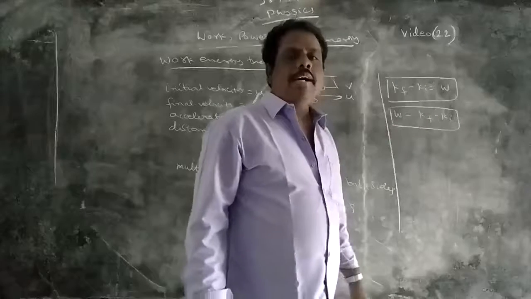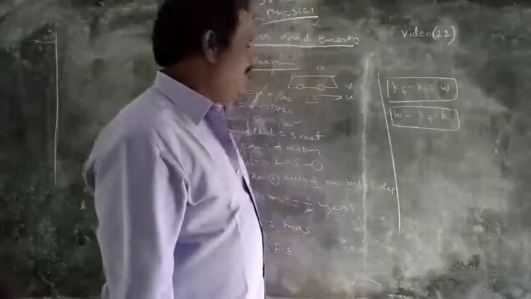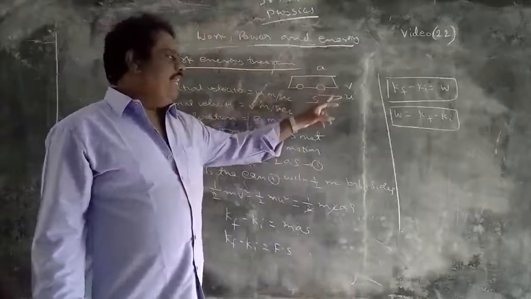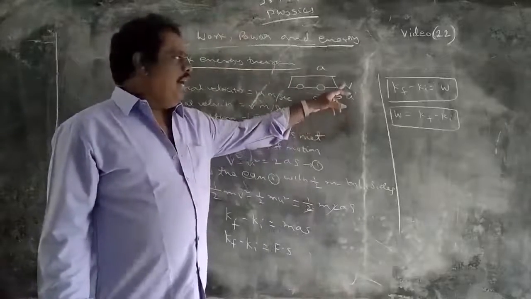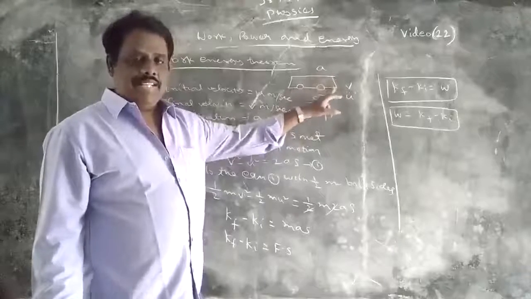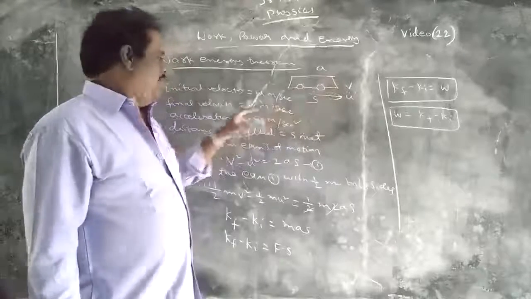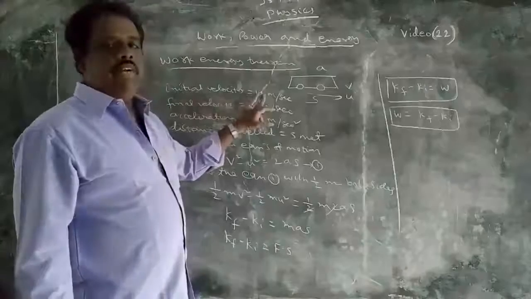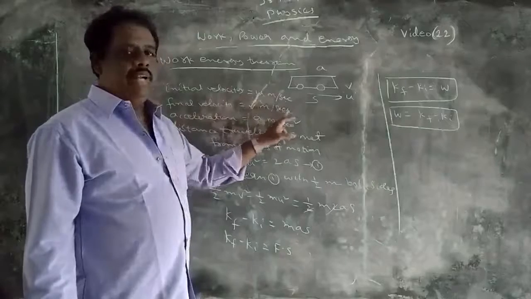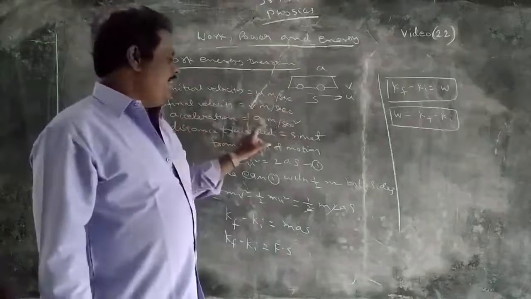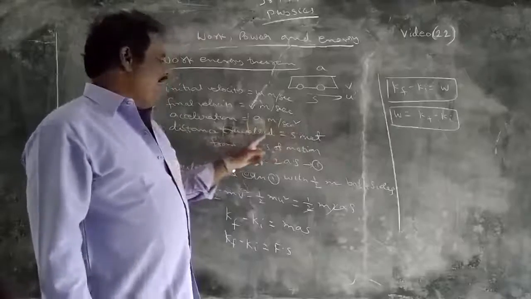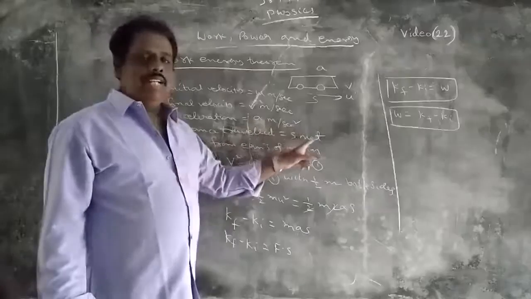That is the definition for the work energy theorem. Once again, the body is moving with an initial velocity u and a final velocity v, with a constant acceleration a, and covers a distance of s. Initial velocity is denoted with u in meters per second. Final velocity is denoted with v in meters per second. Acceleration a has units meter per second square. Distance travelled is s, in meters.